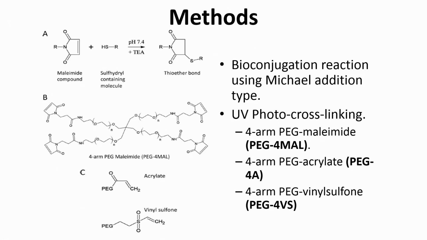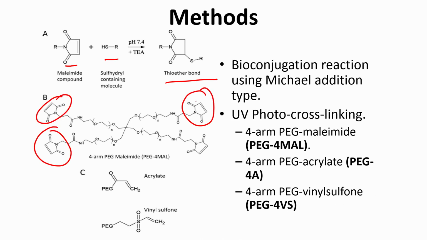So, here are some of the methods they have used. As I said, these maleimides will react with thiols to form this thioether bond, and what they have done is they have purchased commercially available PEG, which is a 4 arm PEG. So, here is the cross link between the 4 arms of the PEG. This is arm 1, arm 2, arm 3, arm 4, and each of these arms contains a maleimide group at the end. Instead of maleimide they also have done similar modifications and have got an acrylate